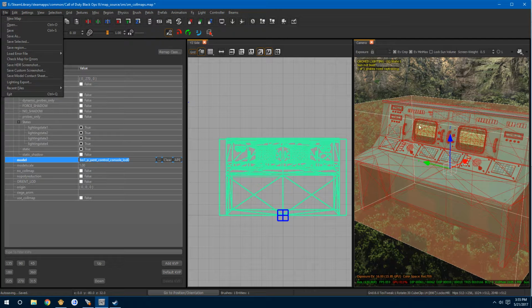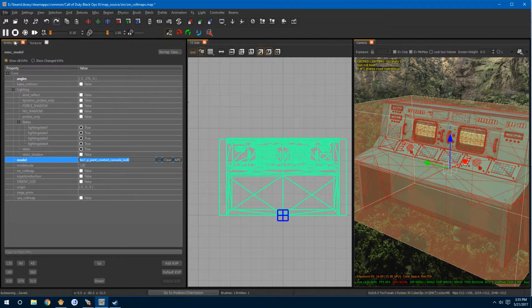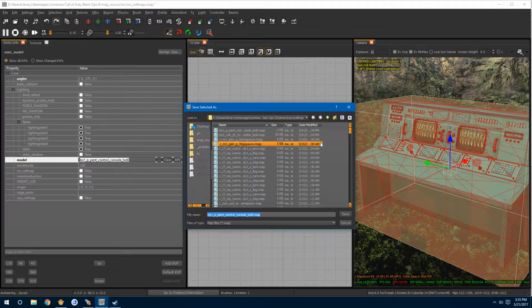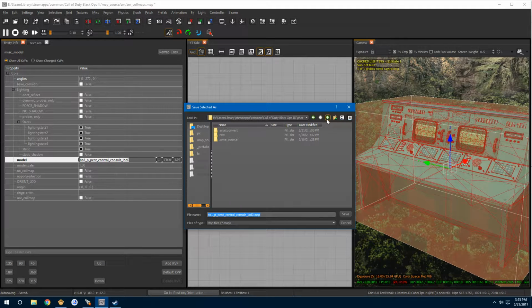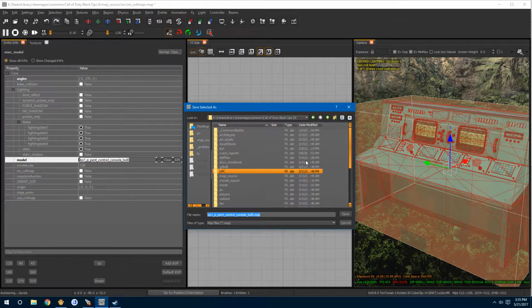Now you could also make the clip in different pieces. It doesn't have to just be one piece, but for the sake of time, I'm just doing it as one piece. So you want to go to Save Selected, and the spot you want to go to is the root folder of Black Ops 3, meaning where the files tend to start for the game files. So you want to go into Share,